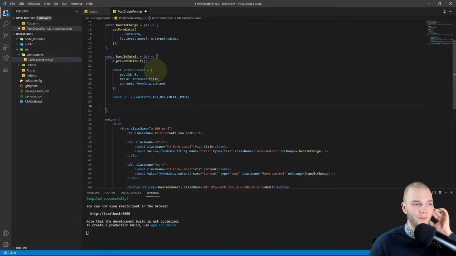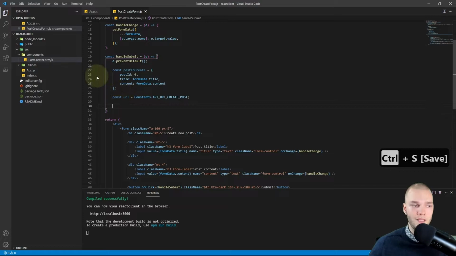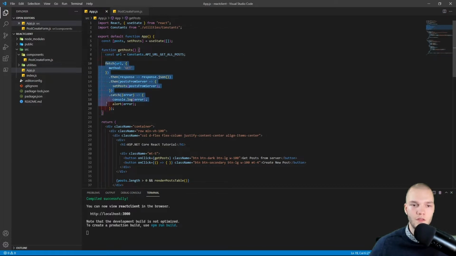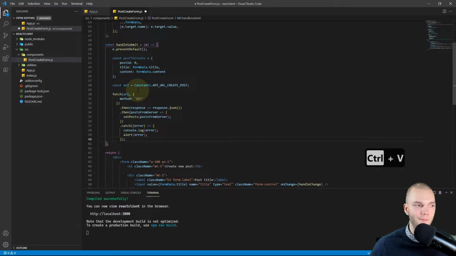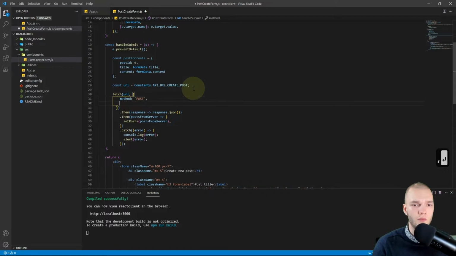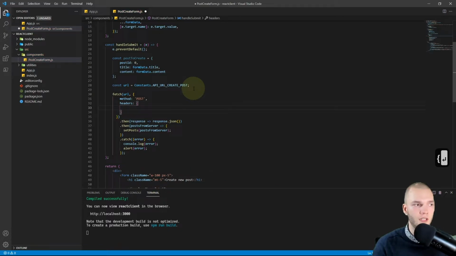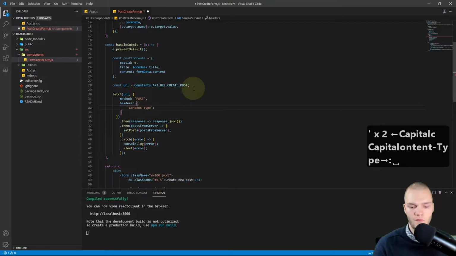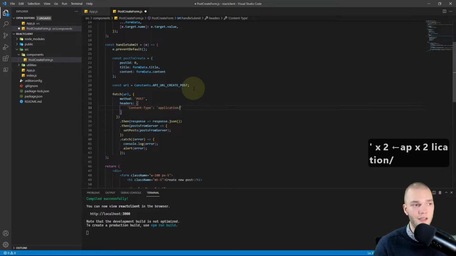Okay, and then we'll use the JavaScript fetch API to do the post request. So send something up to the server, right? And I'll just start by copy and pasting the get request from app.js. So this one, copy and paste. Right, so then I want to change the method to POST, and below that I'm gonna set one value in the headers object. So I'll do comma headers and set that to an object. And we're going to set the Content-Type to application/json.